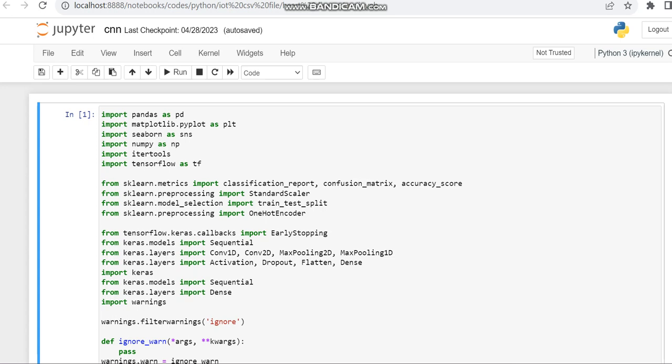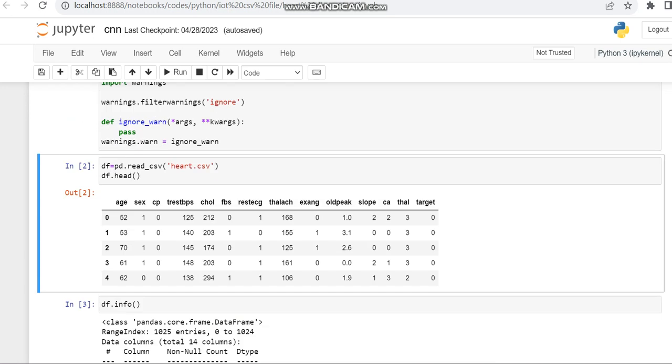Now we are going to load our data set. For that we are using the pd library, and here our data set is a CSV file. You can see the target variable, this final variable is the target classification variable or the prediction variable. This variable only we will be choosing in our Y